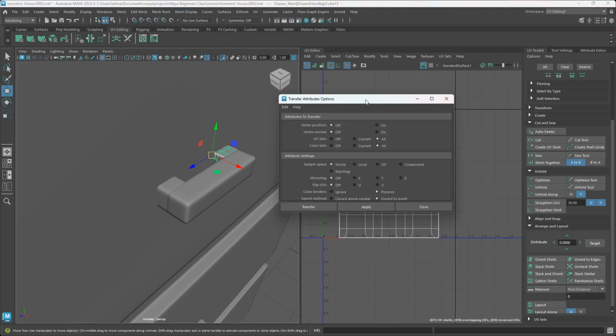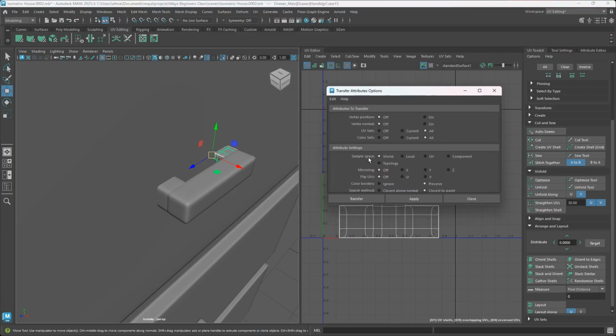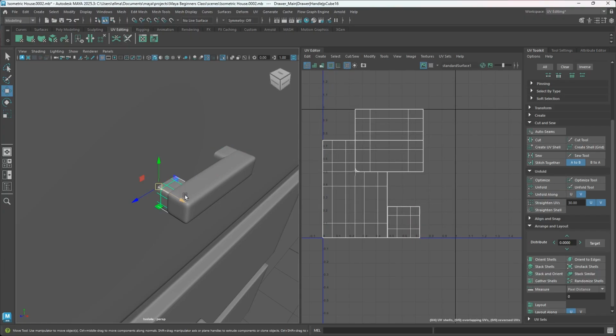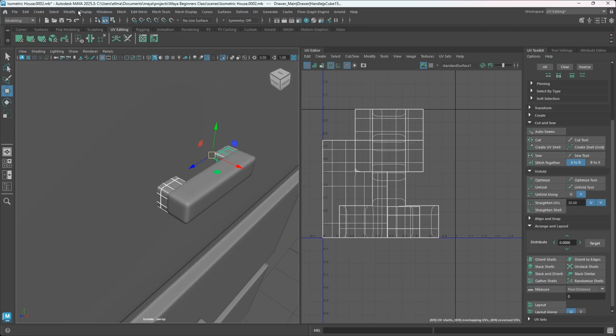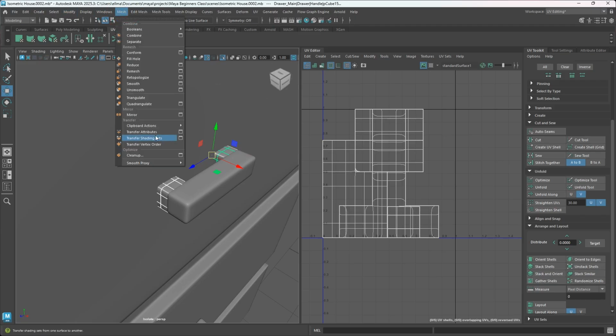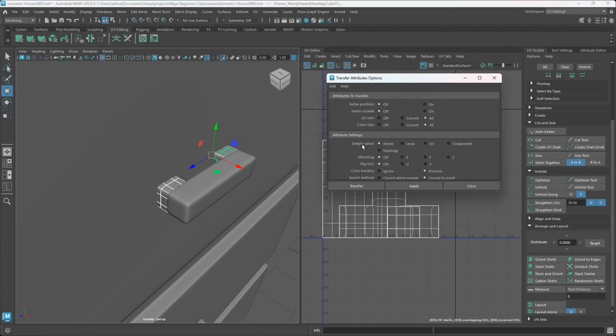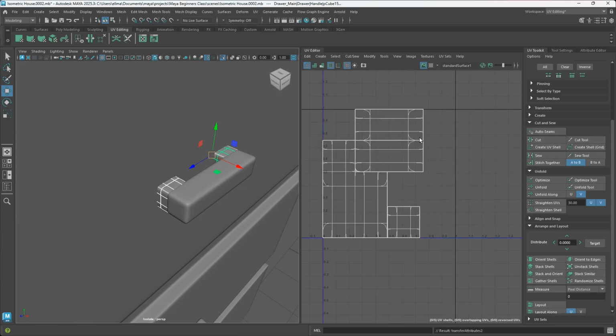So let's click here. All we just need to do is to come down to this part that says world and hit on component. So let's close that first. So first we're going to select the one that has the UV first, and the one we want to transfer the UV to. Now we'll go to mesh and transfer attributes, and from sample space, let's just set this to component and hit on apply, or you can just hit on transfer, whichever one you want to do,